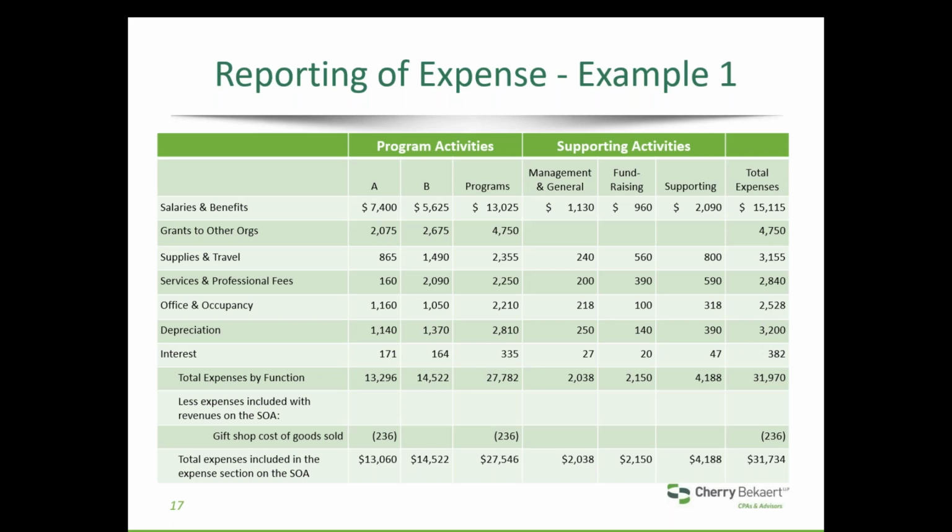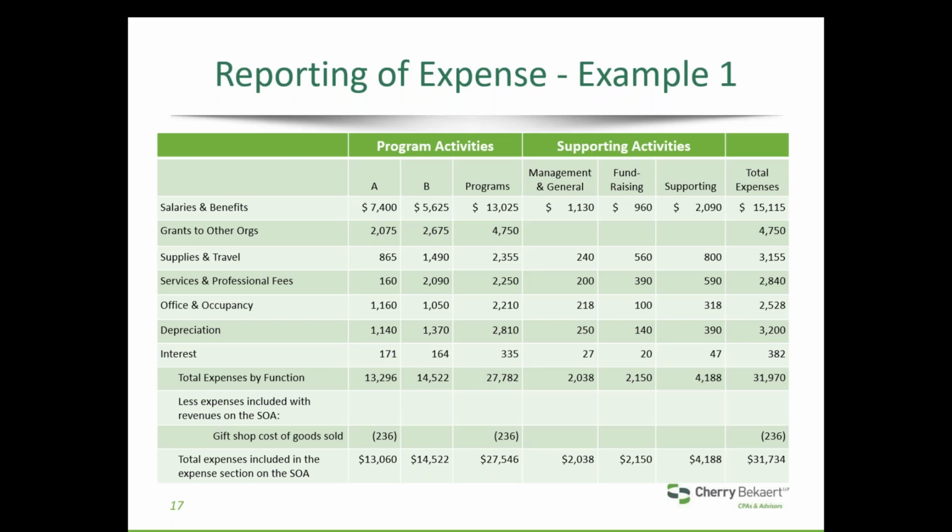One thing I will add that I've seen so far with the entities that I have adopted is that there's been a fair amount of changes made to the statement of activities. Previously, an entity may have been showing expenses on the statement of activities using a hybrid of function and nature. Now what we've been doing is really cleaning up and maybe just showing the program activities or supporting activities on the statement of activities and then showing the actual detail within this statement of functional expenses.